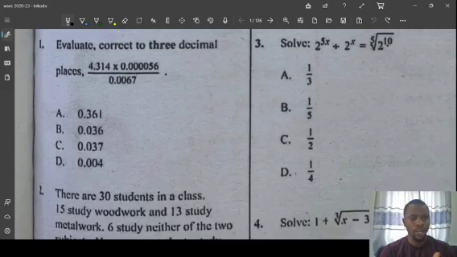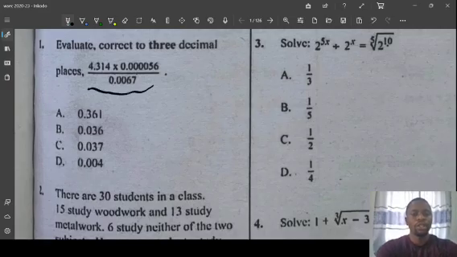Starting with question 1, it says evaluate correct to 3 decimal places the following fraction: 4.314 times this, all over that. So the first thing you want to do is to punch it in your calculator. WAEC provides a non-scientific calculator, so you can easily punch all these values into your calculator. And what are you going to get when you punch everything into your calculator? You are going to have something like this: